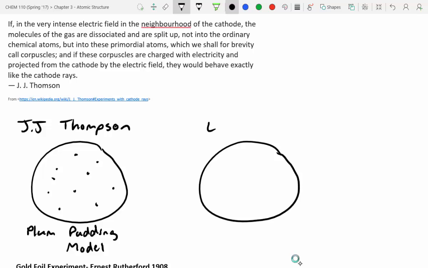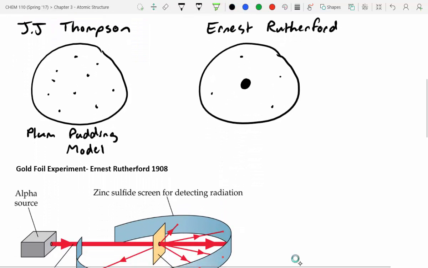His student, Ernest Rutherford, did an experiment where he said, I really disagree with you, boss. I think you're incorrect. I think, in fact, there's a center part of the atom, and that electrons are kind of on the outside floating around. So in order to prove this, what Ernest Rutherford did was a really cool experiment. This is called the gold foil experiment,